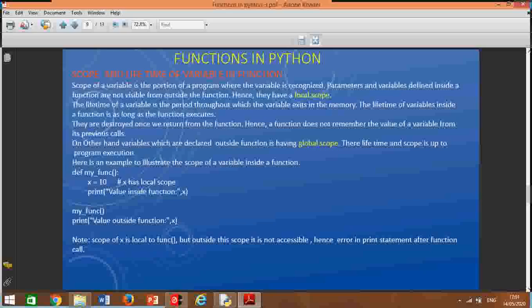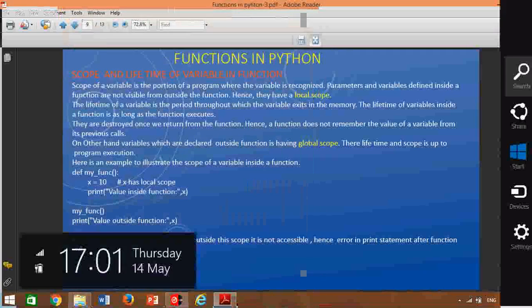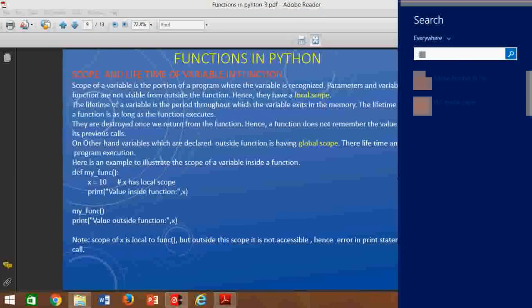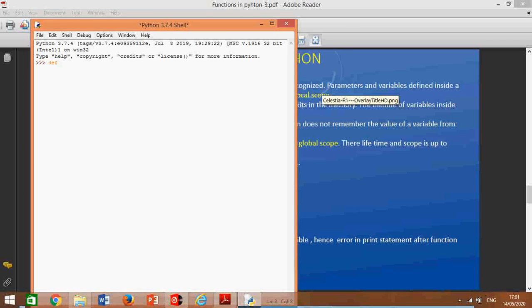So an example is given here. x equal to 10 is a local variable. It means a variable which is defined inside the function is local. Let us see it again on the editor. def sample, x is equal to 10.